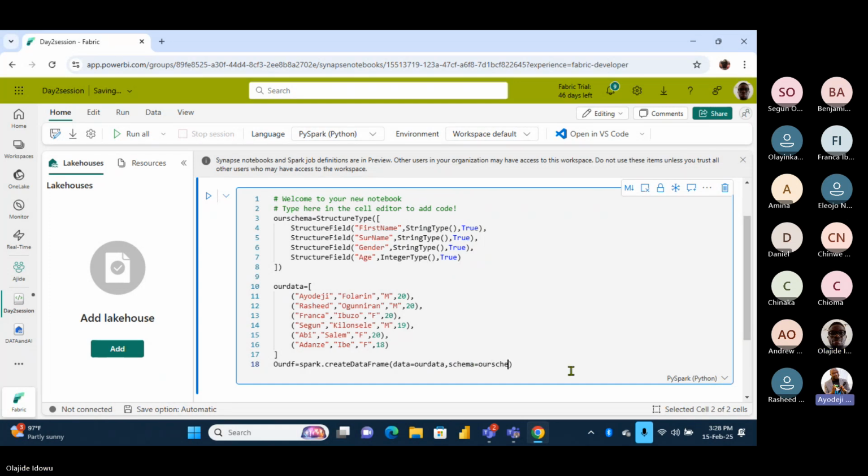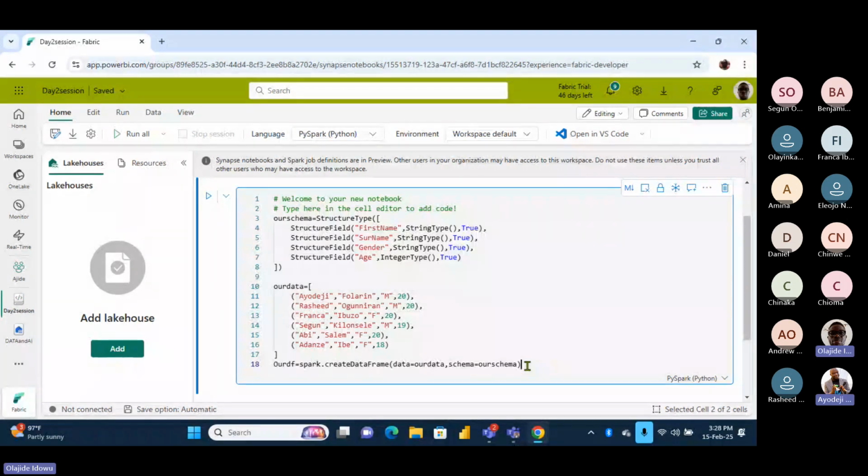So you can close the brackets. Once you've done that, this automatically creates a data frame called our data frame. We can decide to print the schema of our data frame, which is our DF dot printSchema. Let us see the schema that was eventually used.